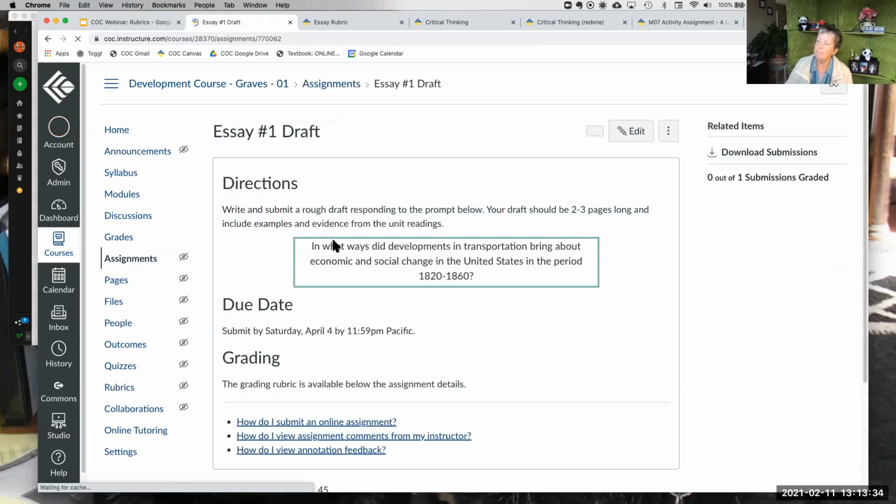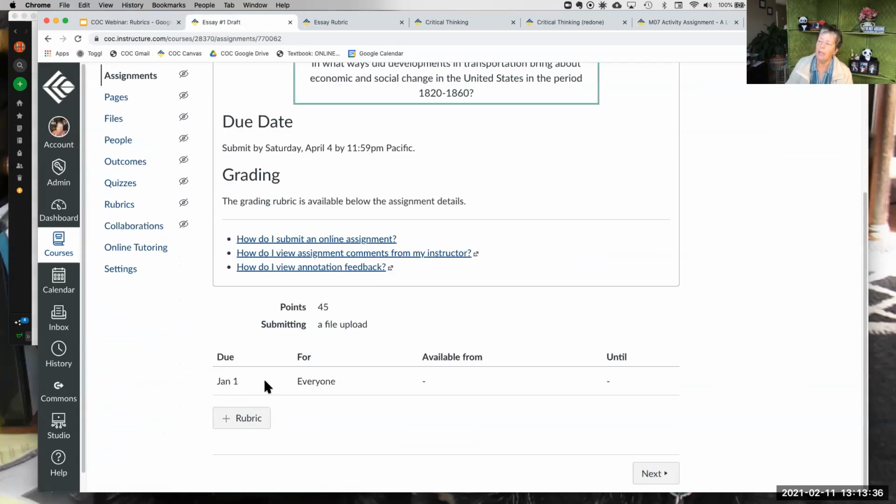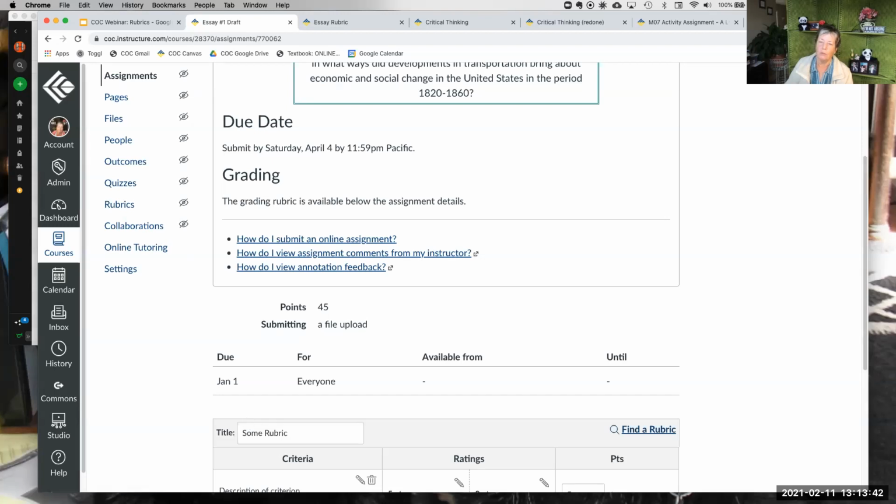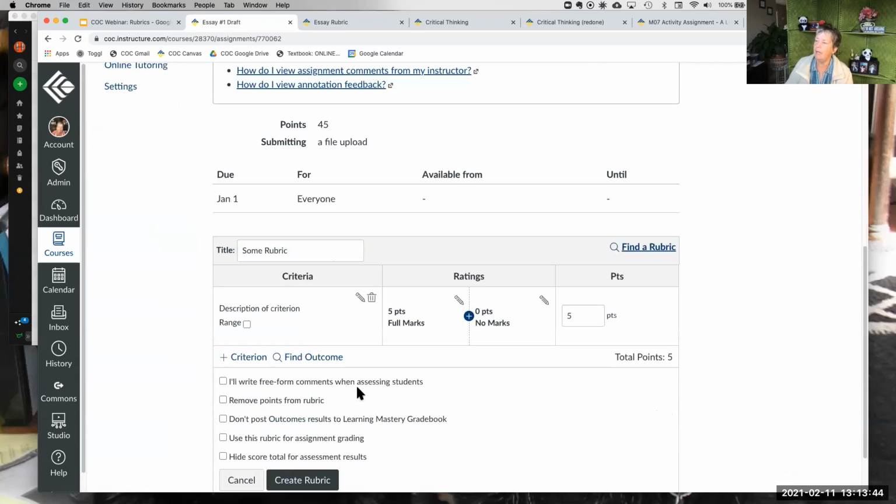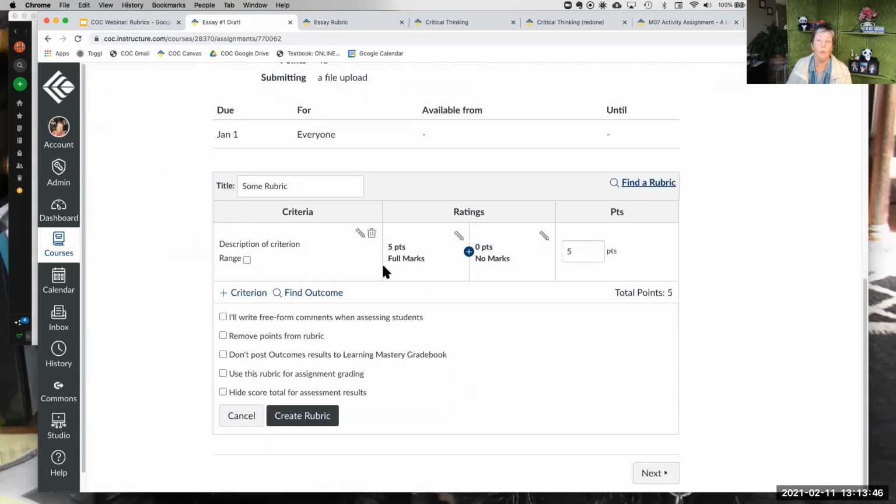Let's do this one. And I've got down on assignments, I've got the plus rubric down at the bottom. So I can click on the plus rubric button, and then you can create a new rubric from scratch, and actually what you do is you click the pencil icon, which you probably already know in Canvas, to edit each of the categories.